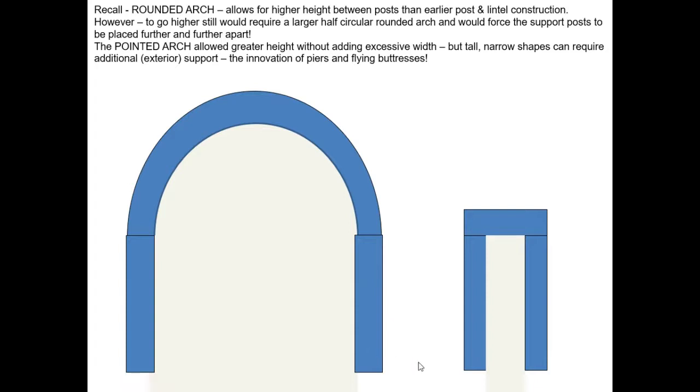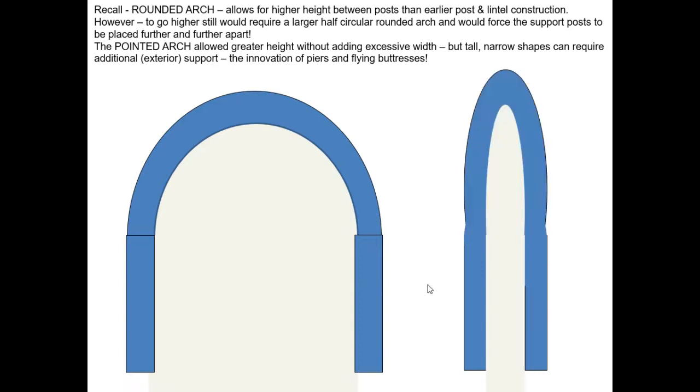So a decision in architectural terms was made to try to keep things narrow but tall, going instead of the round arch, going for a pointed arch. It allows you to keep the narrow verticality, extreme height, but now of course this makes this building a little susceptible to falling apart. The pointed arch is going to drive a lot of the weight straight down into the original posts, into the piers that are directly beneath it, but it will be easy to push over or to damage. A lot of this weight needs to be distributed further out to kind of increase the base or the